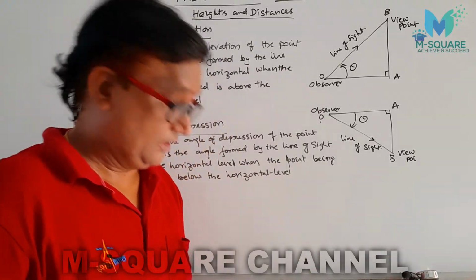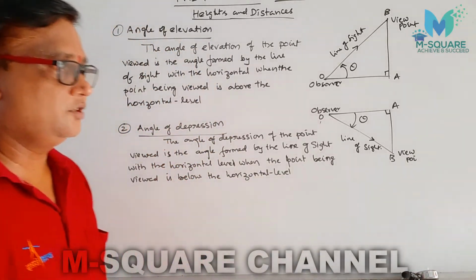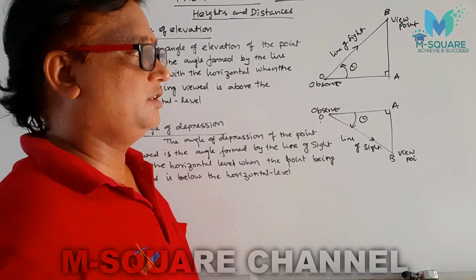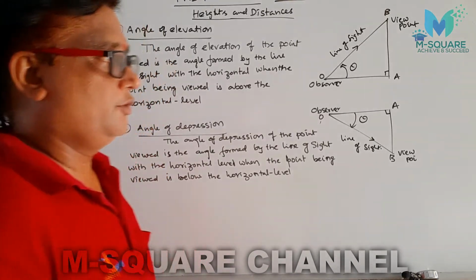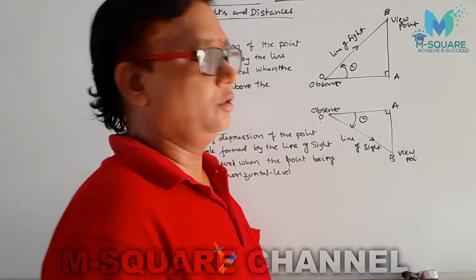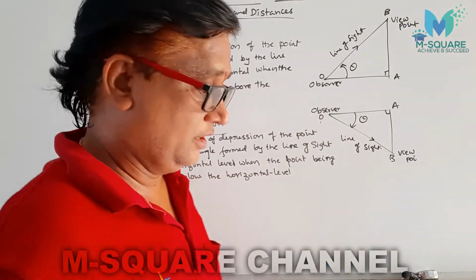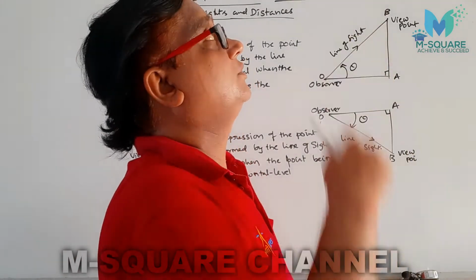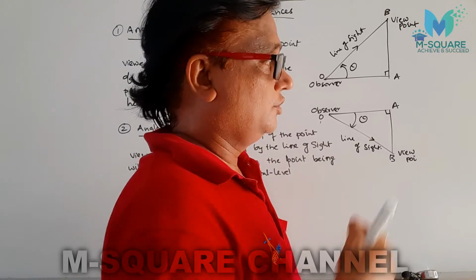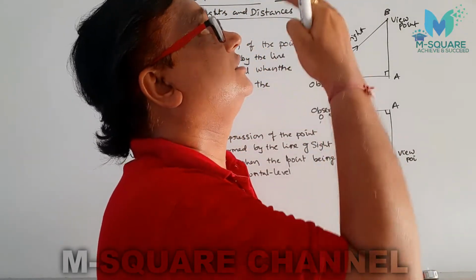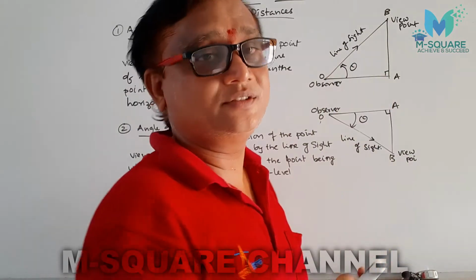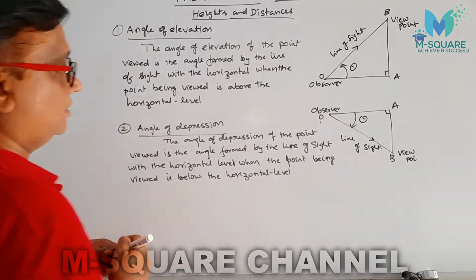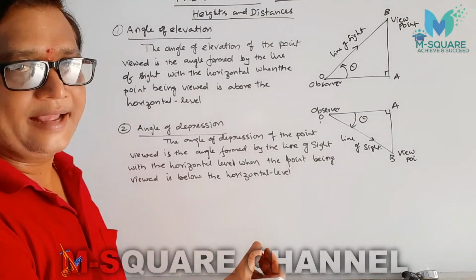So the horizontal level is like this. Another thing is when you are at a far distance from the object, the angle is like this, and that angle is very low, suppose 30 degrees. If you are nearer to the object, that is a pole or building or tower or anything, as you move closer, you see the tip of the tower like this. Nearer to the building, the angle of elevation will increase, that is 60 degrees, 75 degrees, 80 degrees like this. If we go to a long distance, that is a very low angle.